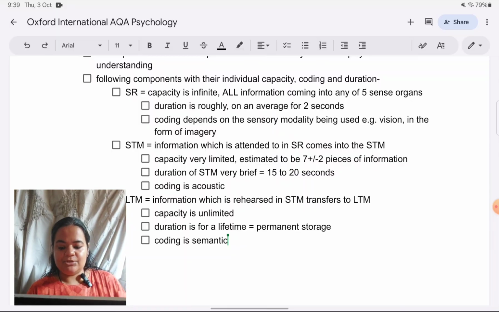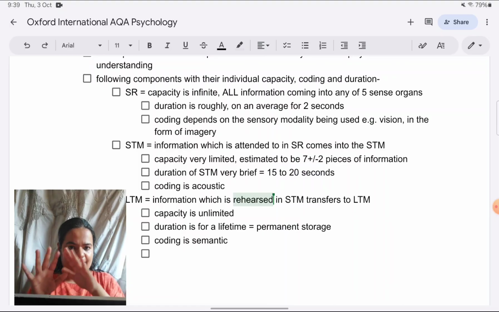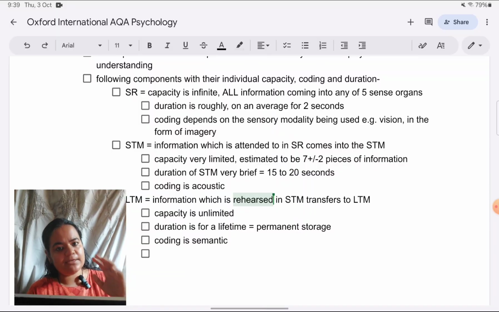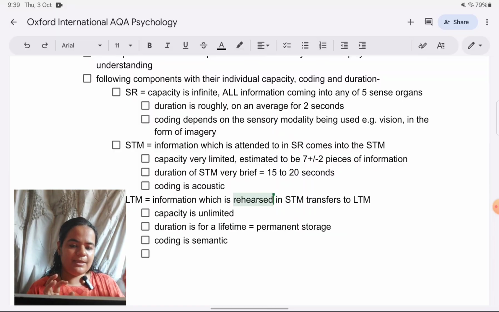Okay, also, like I mentioned, we should talk about the processes which take place. So I have mentioned attention and rehearsal. If you see, that helps to connect the storages. Also, short-term memory can retrieve information from LTM. That bidirectional process I need to explain. If you want for this answer, you can in fact draw a flow chart like you have in all your textbooks. That diagram of how sensory memory goes into short-term, then long-term. Only thing you have to consider, do you have the time to draw that? Otherwise, if you are effective in the way you write, the diagram is not very important. In case you want to show the link between the processes, you can draw it. Right now, I'm not drawing it.